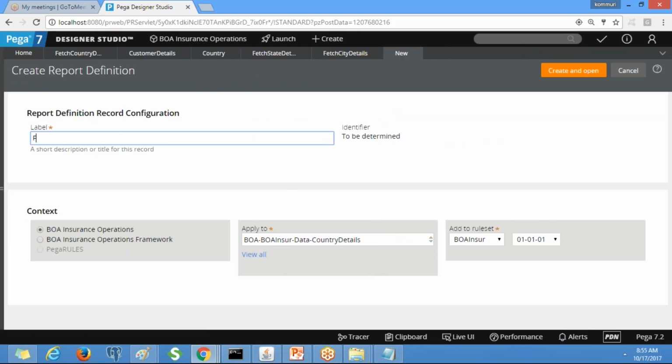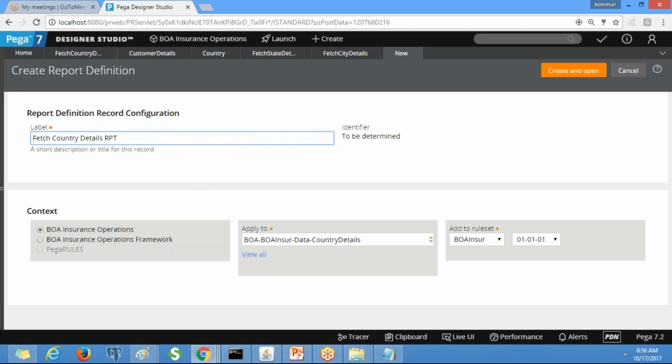Fetch country details. This is the report definition rule. For your understanding, you can put RPT, because later you will be selecting this from the drop down, and at that time it will be easy to identify.